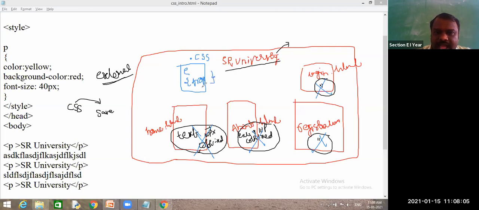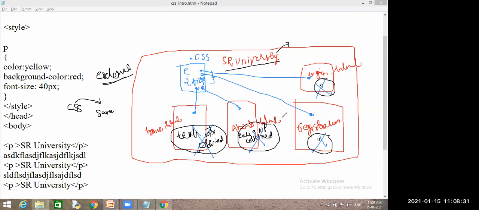And I will connect this with all these files. Just a connection. Is it clear or not?